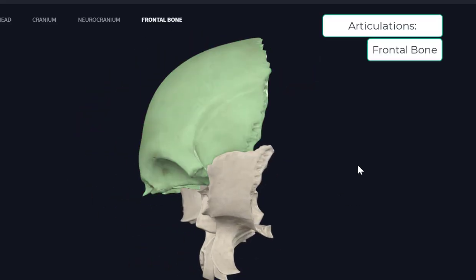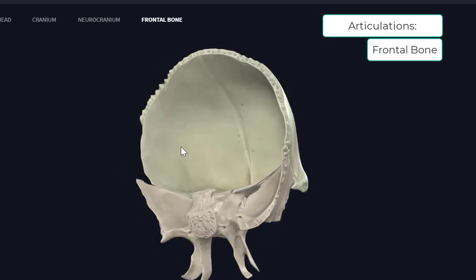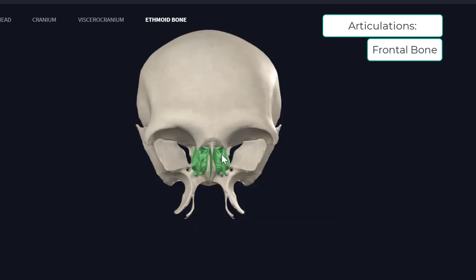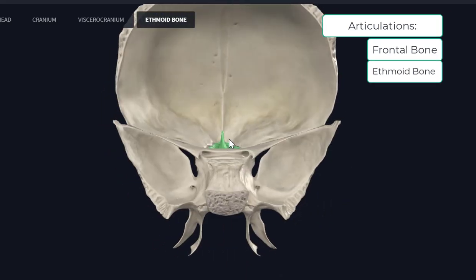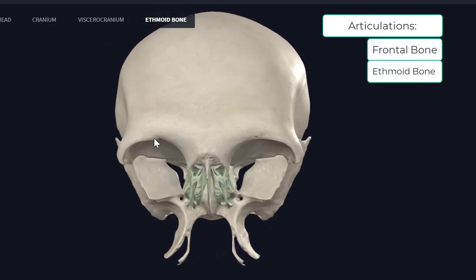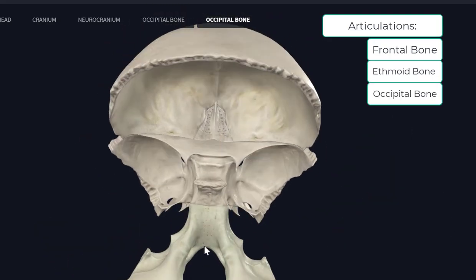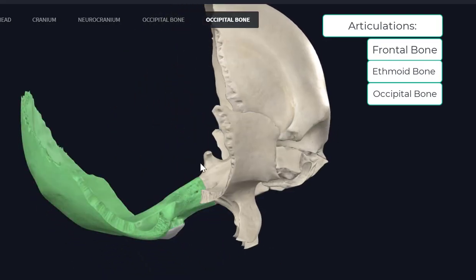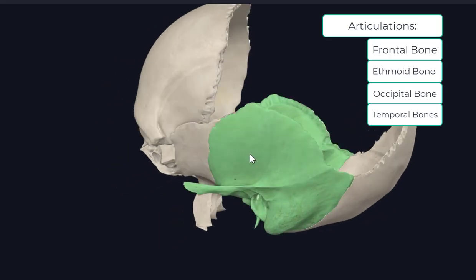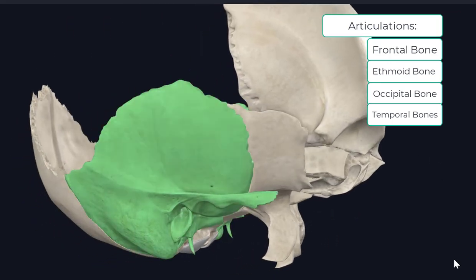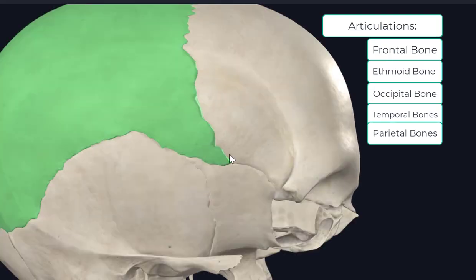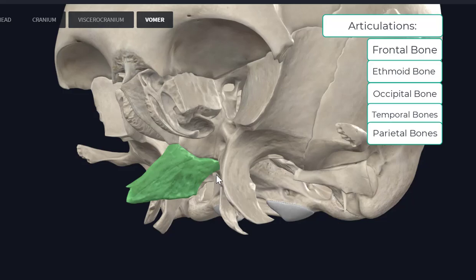The frontal bone, ethmoid bone, occipital bone, to right and left temporal bones, to right and left parietal bones, vomer,